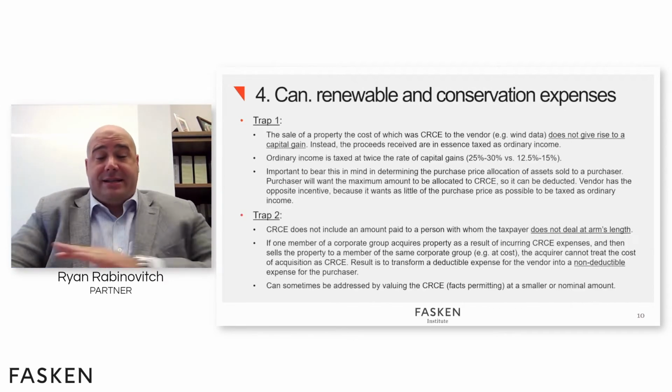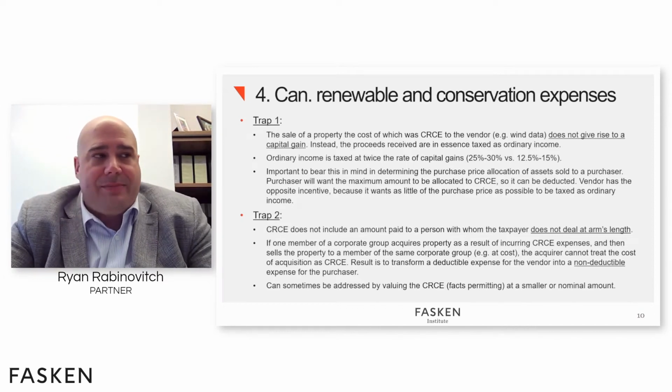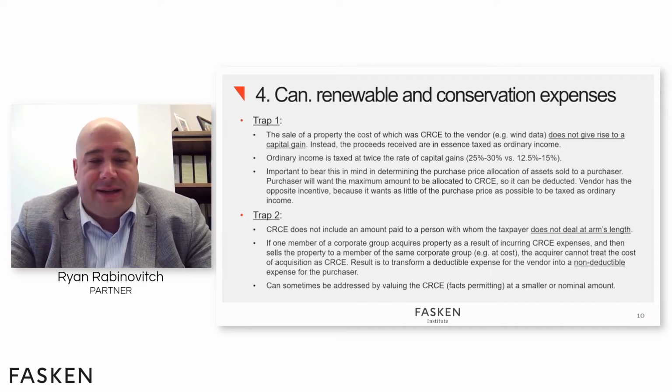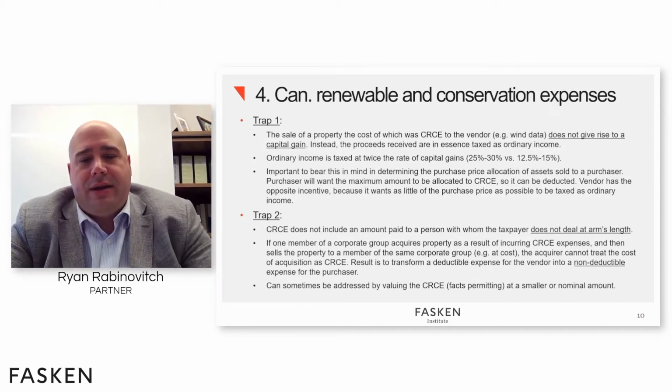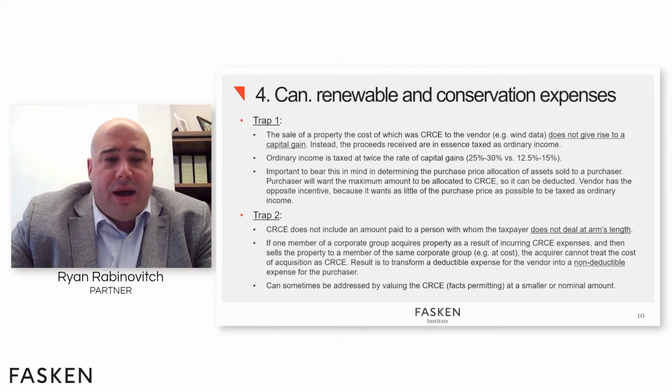So I had said that I would provide tips and traps, structuring tips and traps as we go through the various considerations that come up in the context of a renewable energy project. And so I will do that. The first trap that